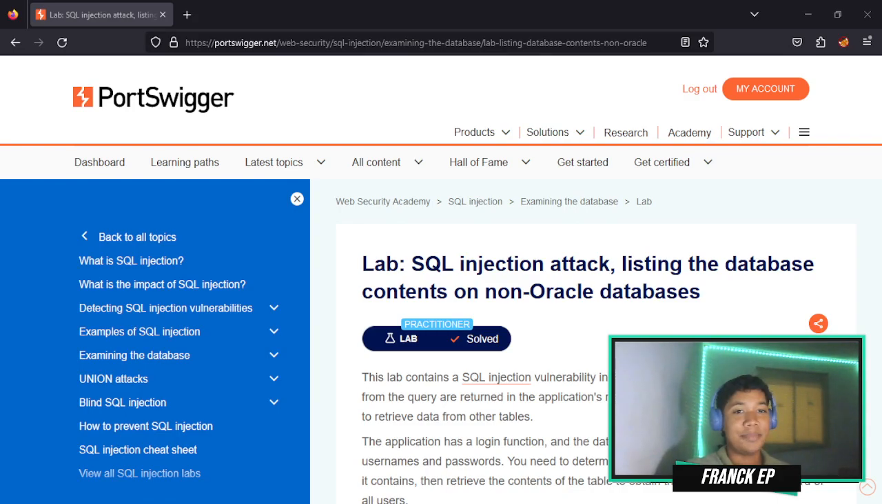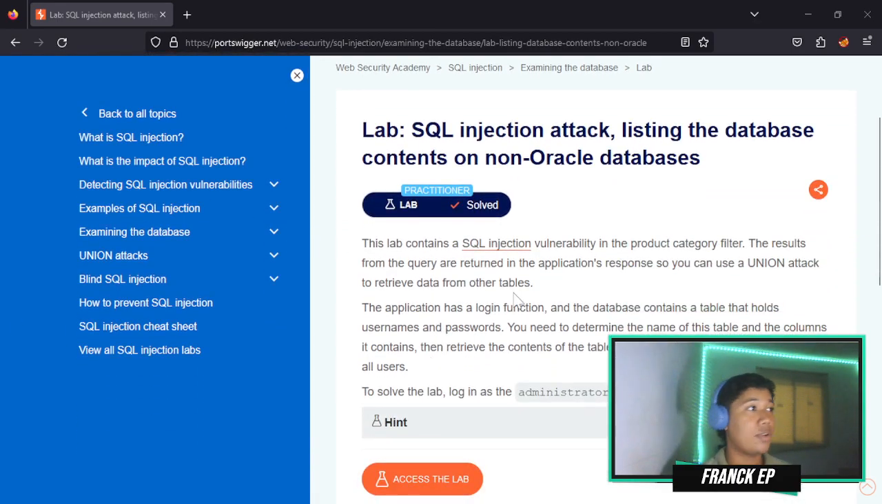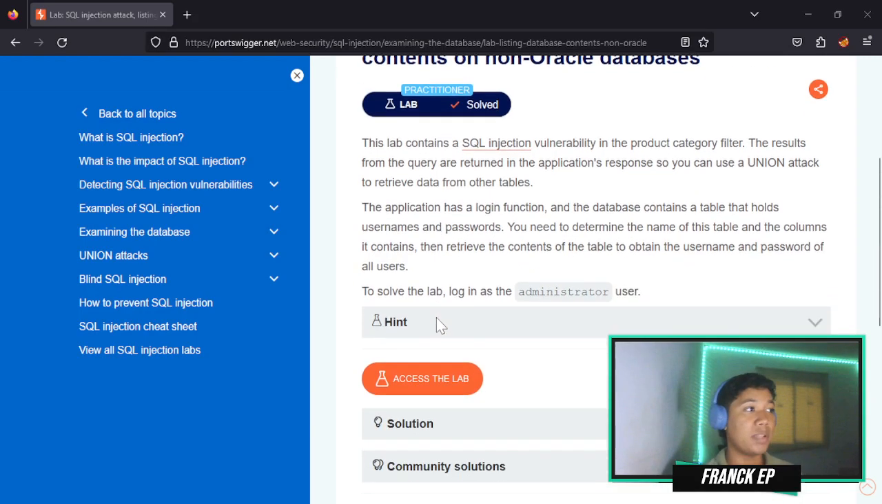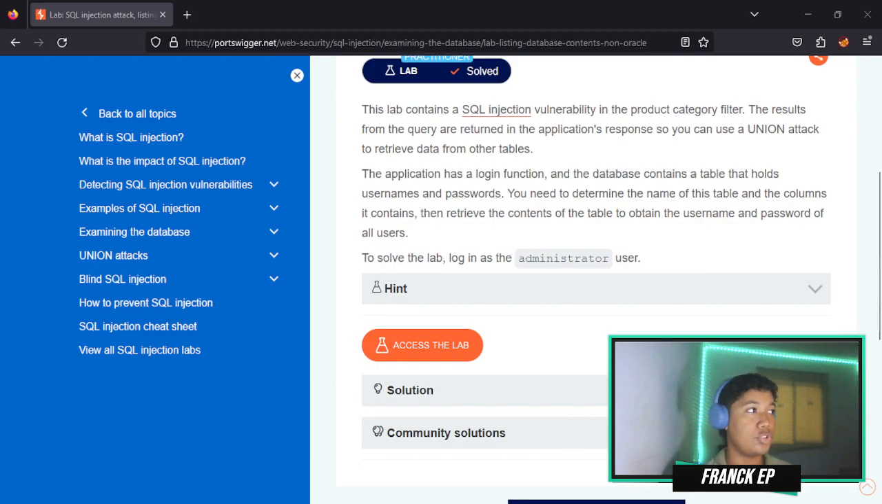So let's start. This lab is about listing the database contents on non-Oracle databases. This lab contains an SQL injection vulnerability in the product category filter. The results from the query are returned in the application response, so you can use a union attack to retrieve data from other tables. The application has a login function, and the database contains a table that holds username and